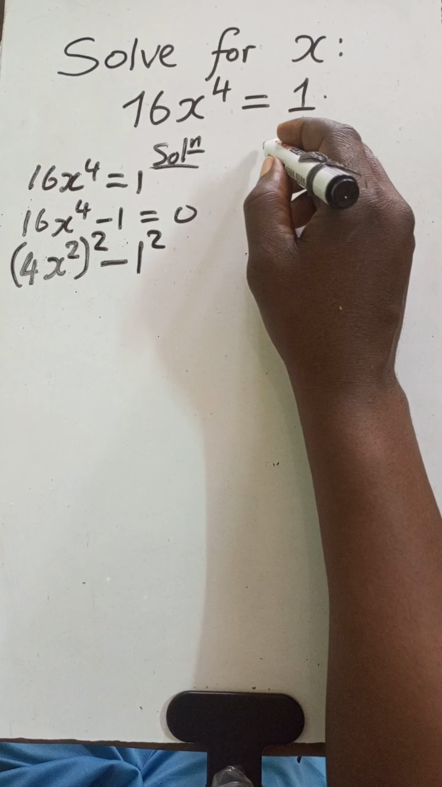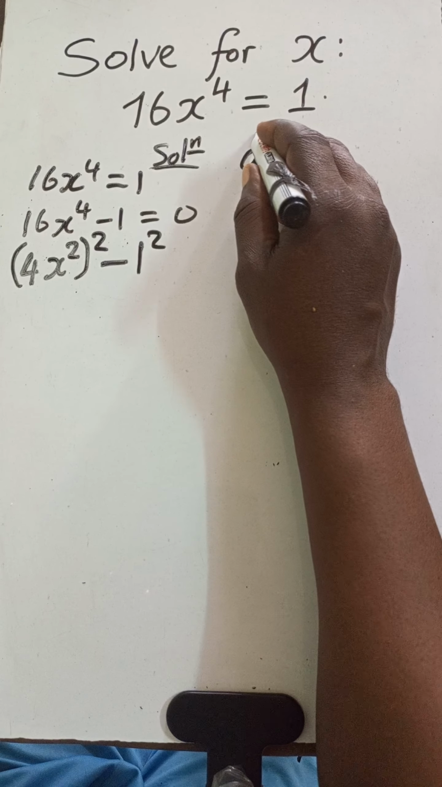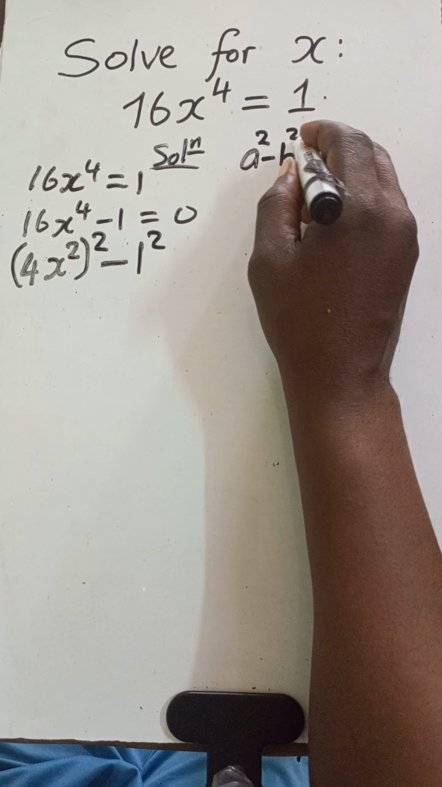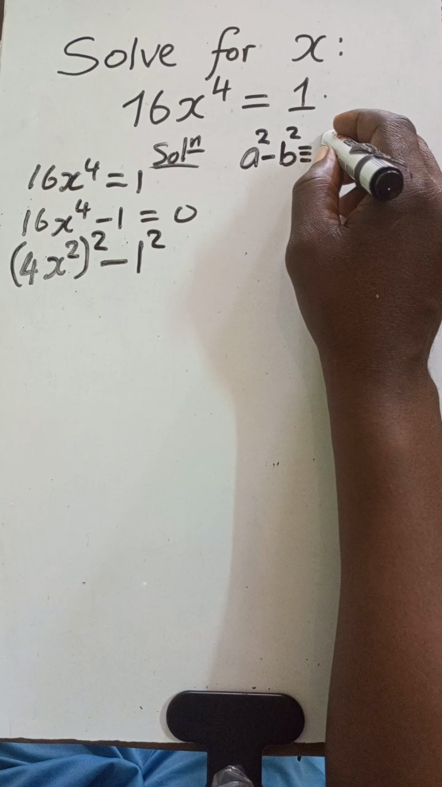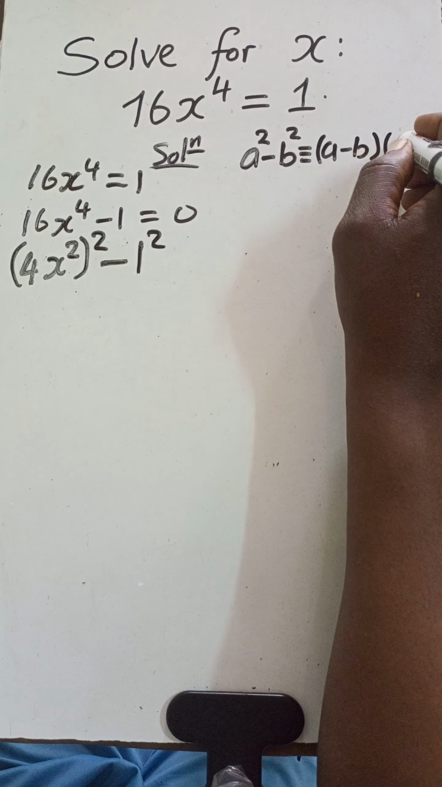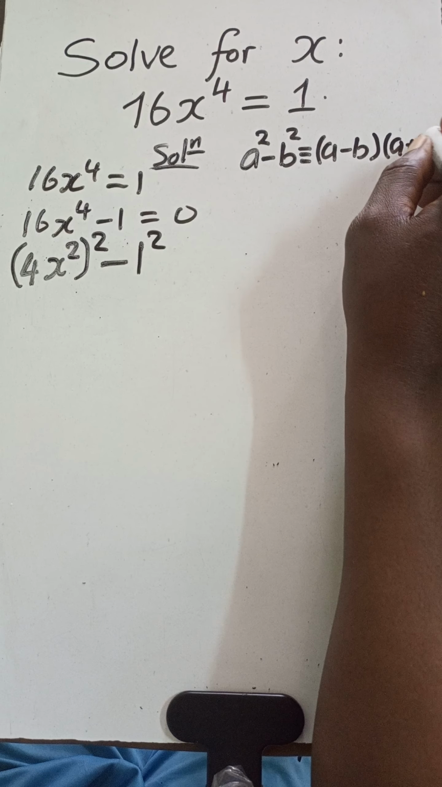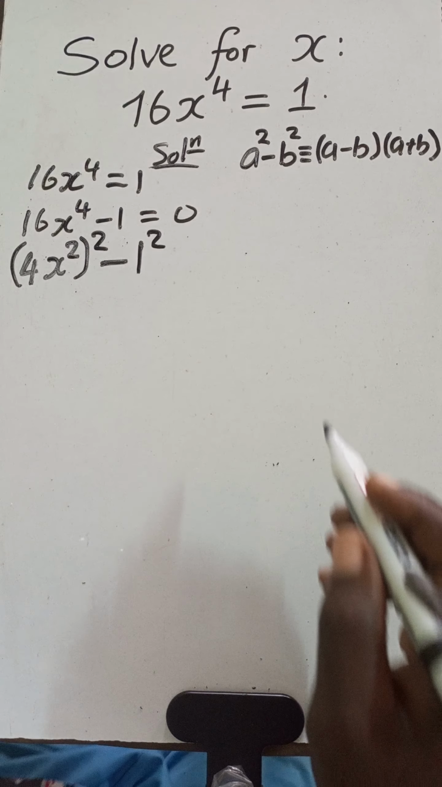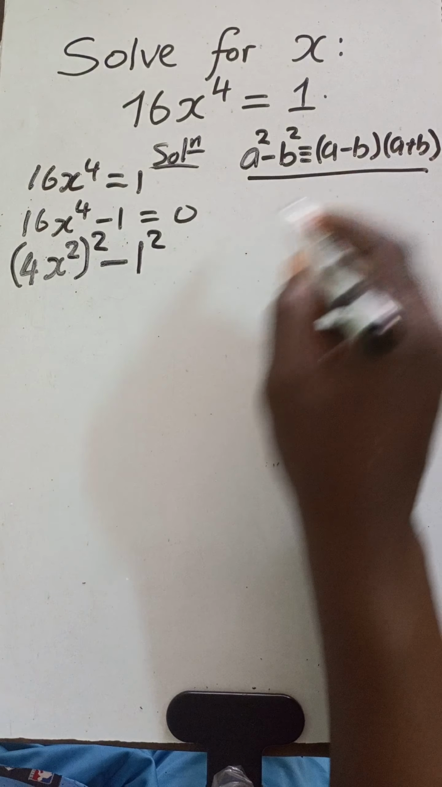Now let's recall the difference of 2 squares identity, because we're going to need it. a squared minus b squared is the same as a minus b into a plus b. Difference of 2 squares identity. We're going to need it. Now,